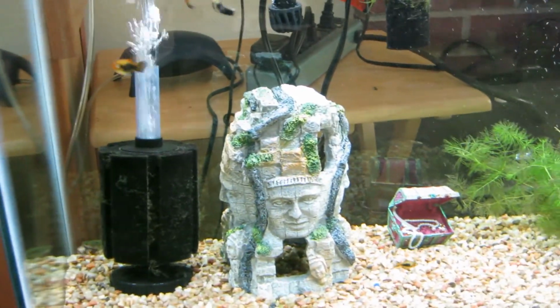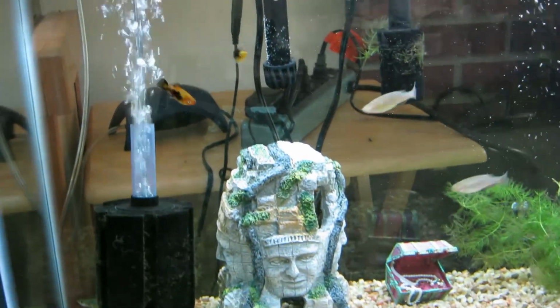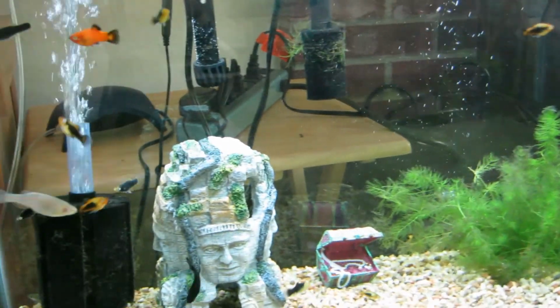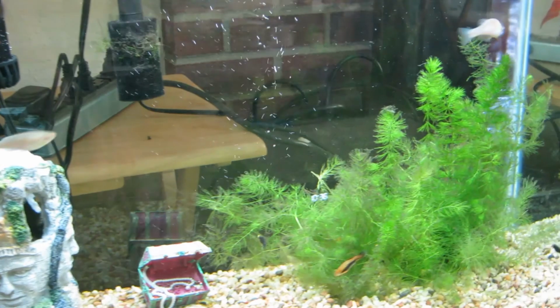We gave up trying to separate the fry. We just figured the strong ones should survive. We've got more fry now than we've got regular fish. I think the parents have died off already. There's a couple Danios in there, and there's a swordtail, and